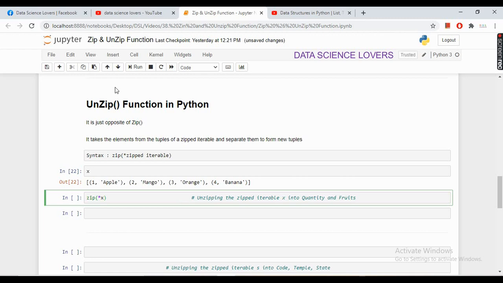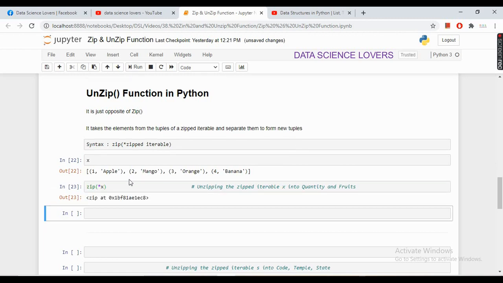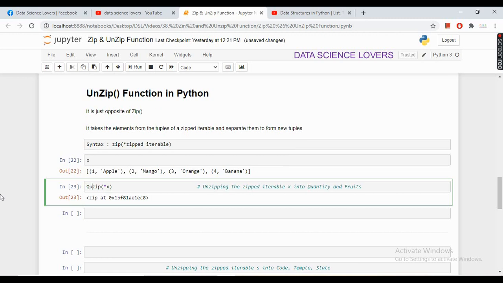Now if I run this, then the command has been successfully executed. To get the output, we have to write the iterable names. First iterable name will be my quantity and my second iterable name will be my fruit.